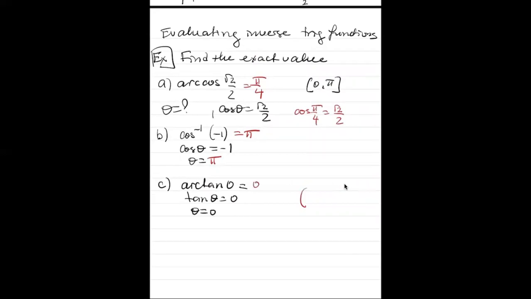And what was the restriction here? -π/2 to π/2. And so 0 is inside, so it works. D,